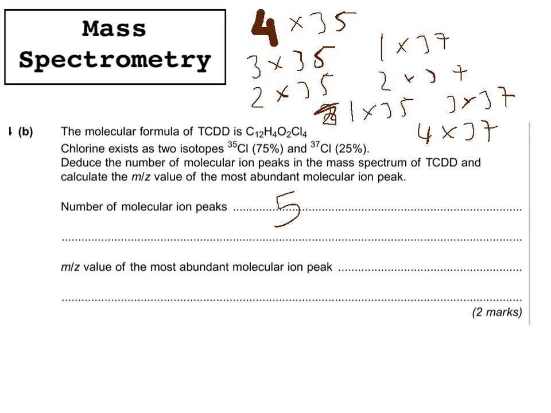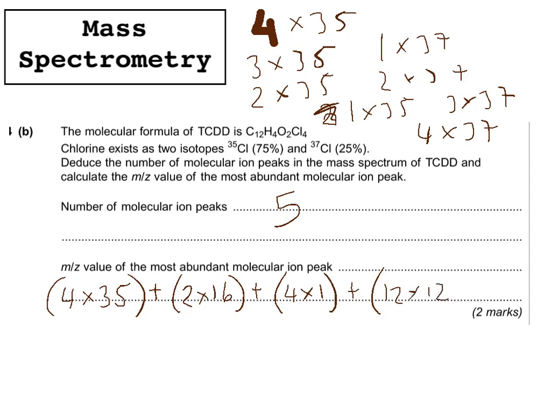The most likely one is going to be the one that has all 4 being chlorine 35, because that is the most abundant one. So the most likely one is going to be all 4 of that. So to work out the most abundant molecular ion peak, you're going to work out what the Mr is of the whole thing, but take into account that the 4 chlorines are going to be chlorine 35. So that's going to equal 4 times 35 for the chlorines, plus 2 times 16 for the oxygens, plus 4 times 1 for the hydrogens, plus 12 times 12 for the carbons, and that equals